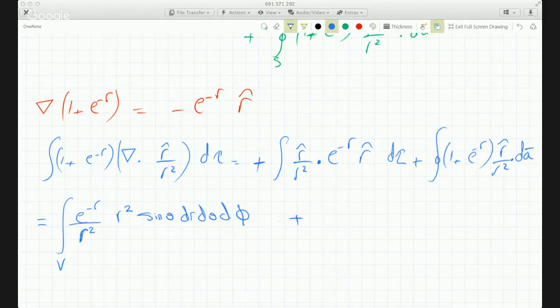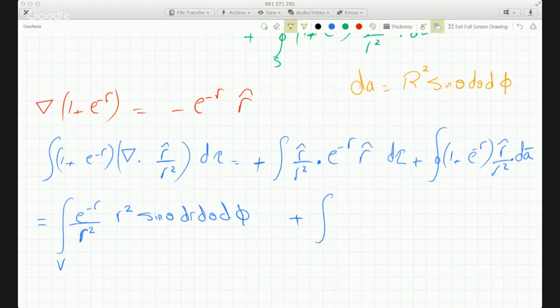Yeah. So this becomes... let me include it here so you know. dA is an element area on the surface of the sphere. The radius is constant, so this is just r squared sine theta d theta d phi,